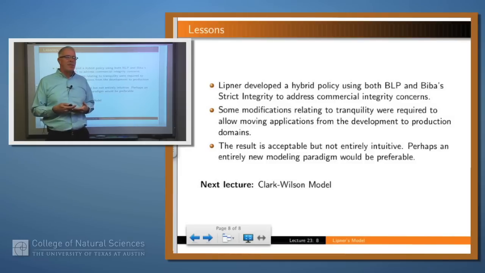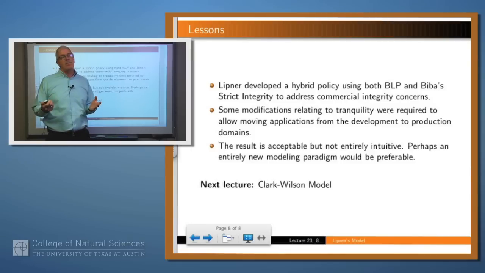However, even with all of his hard work, he found that you still needed to do some additional tweaking of the policies and add this downgrade capability, which means it's sort of a hybrid of Bell-LaPadula and Biba strict integrity with additional changes. So the result is acceptable, but not entirely intuitive and not entirely within these standard frameworks.